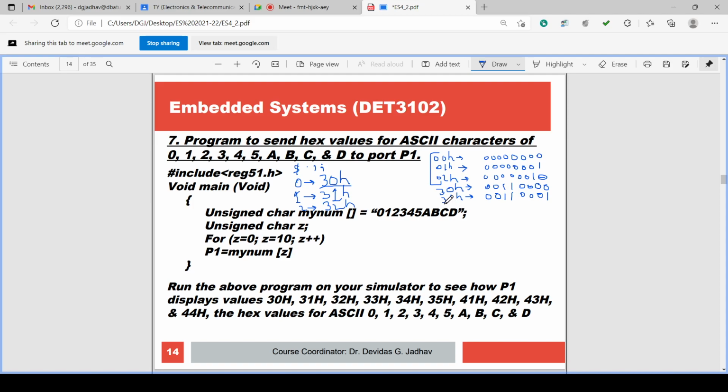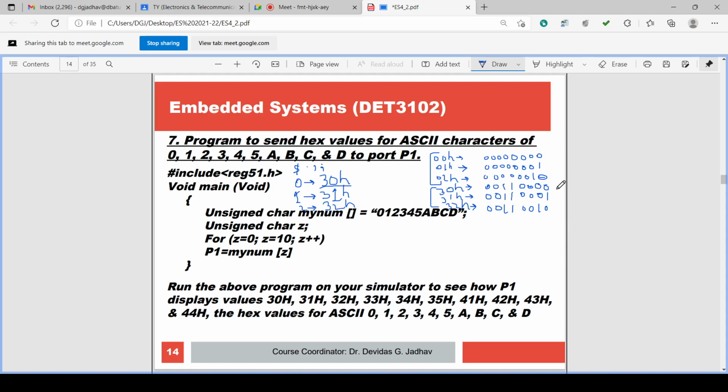Similarly, 32H: 3 is 0, 0, 1, 1 and 2 is 0, 0, 1, 0. So hex 30, hex 31, hex 32 are 0, 0, 1, 1, 0, 0, 0, 0; 0, 0, 1, 1, 0, 0, 0, 1; and 0, 0, 1, 1, 0, 0, 1, 0.